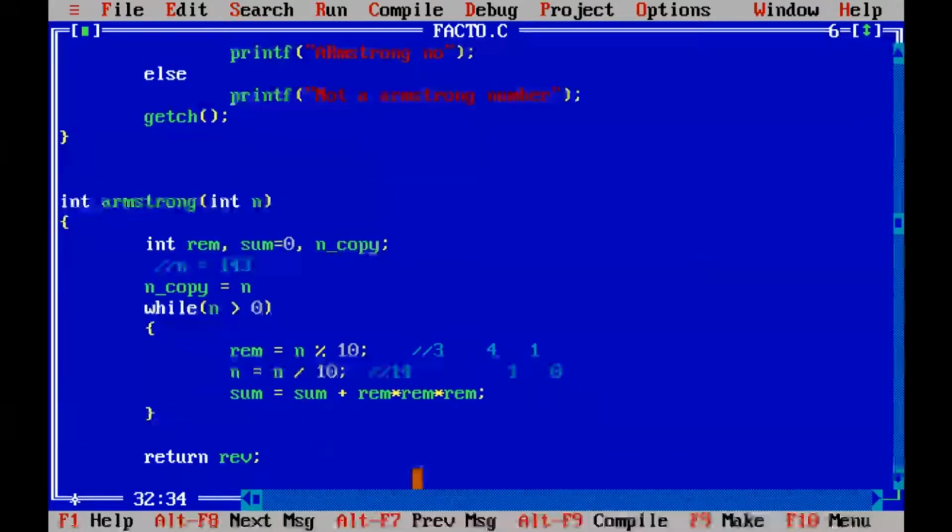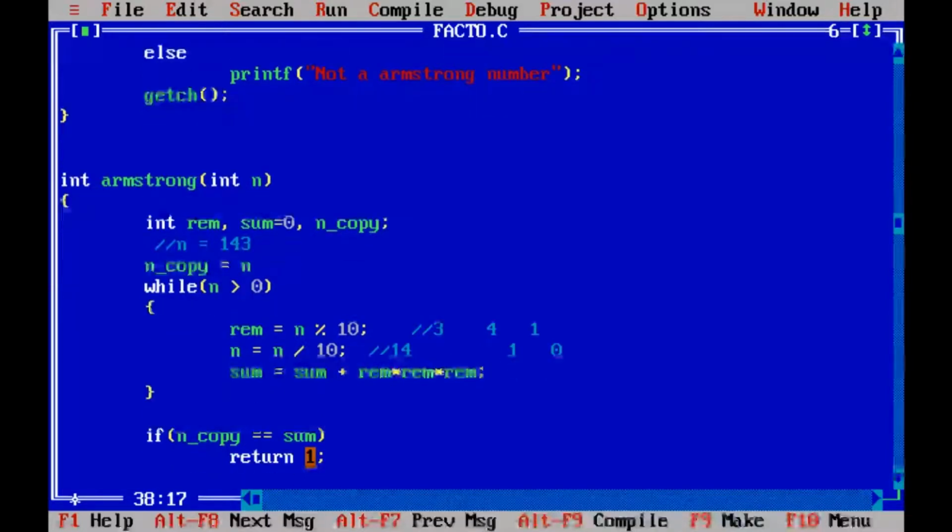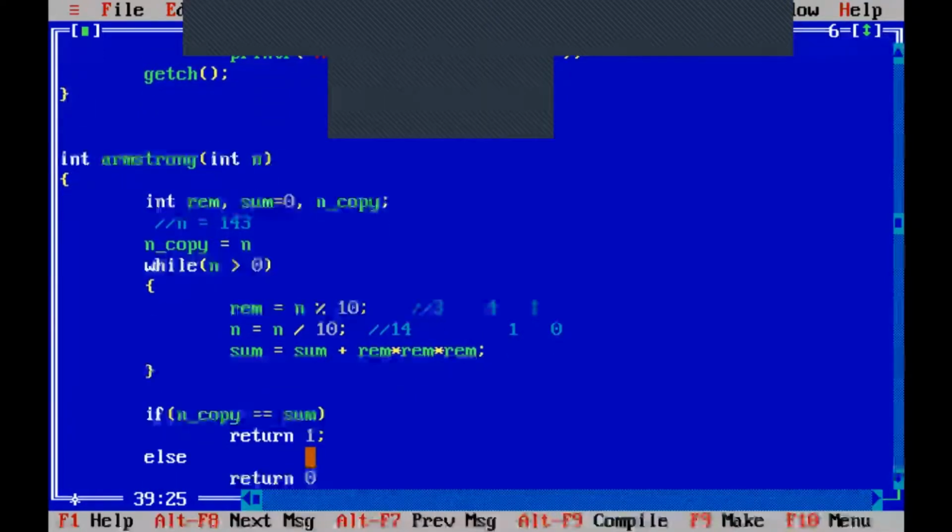So after this we will check if n underscore copy is equal to sum. If n underscore copy is equal to sum, that means that number is an Armstrong number, so we'll simply return 1. Else we will return 0.